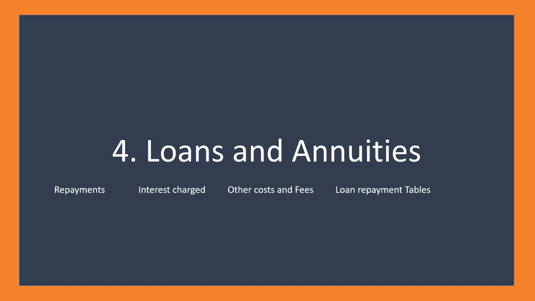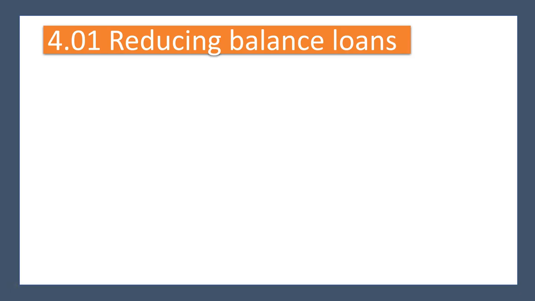So we look at using tables and we'll look at online tables. And in particular, we'll look at home loans. We will also look at this other concept called an annuity, which is a type of investment. And it's different to the previous investment we've looked at. So exercise 401